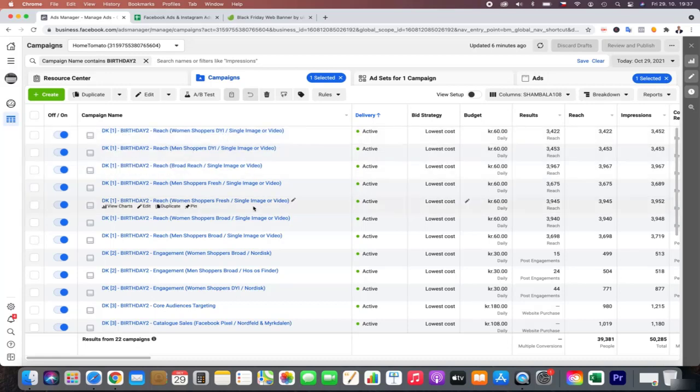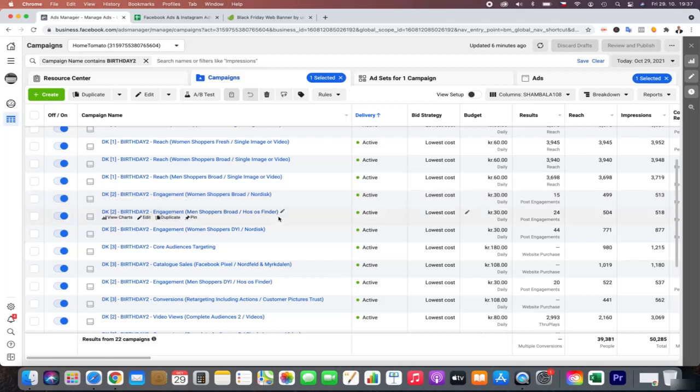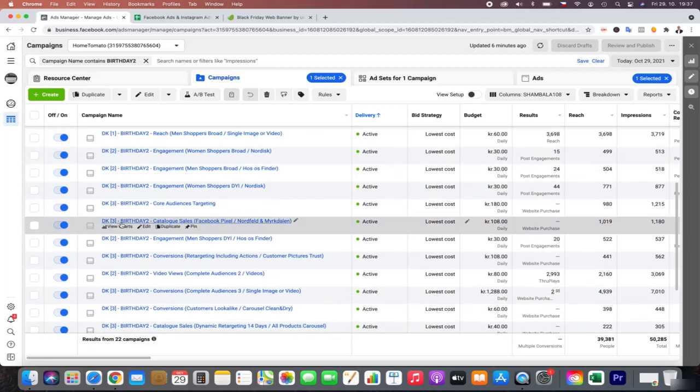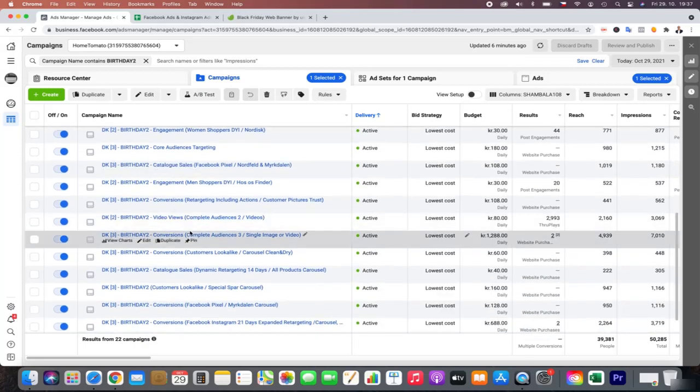Then basically we follow up with number 2. That's mainly, of course, engagement. We try to engage people. And of course, then we go to number 3. That can be catalog sales. And of course, it can be conversion.